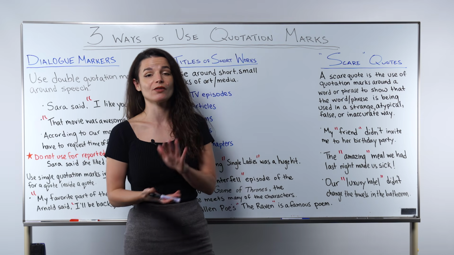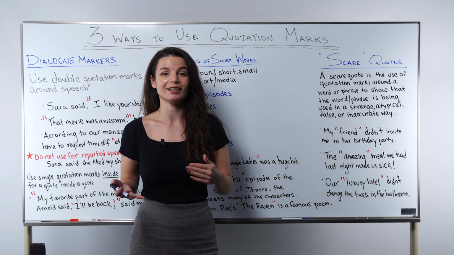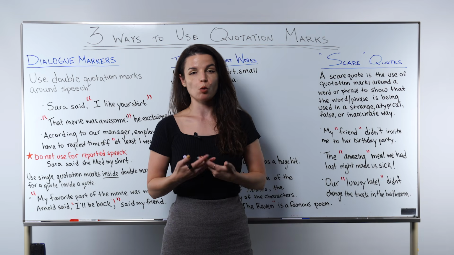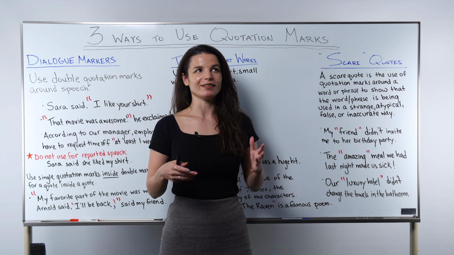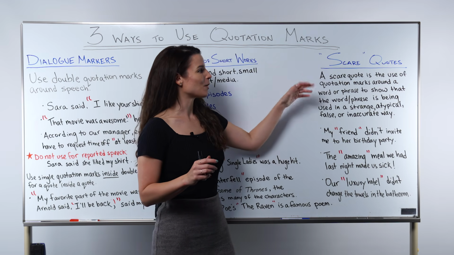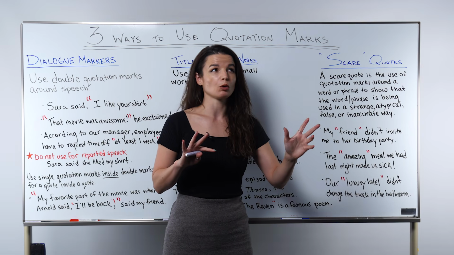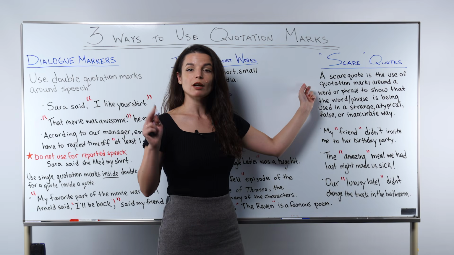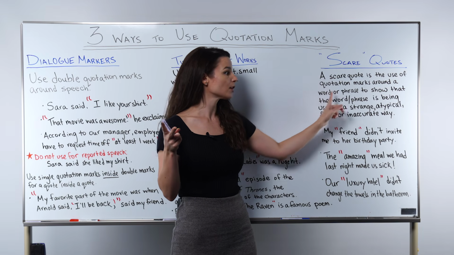All right, last but not least, the third one that I want to talk about is something that is very often misunderstood or not used appropriately. This third use is something called scare quotes. This doesn't mean that the information inside the quotes is scary or something like that. Instead, we use scare quotes to show that something is being used in a different or unusual or maybe the wrong way. A scare quote is the use of quotation marks around a word or phrase